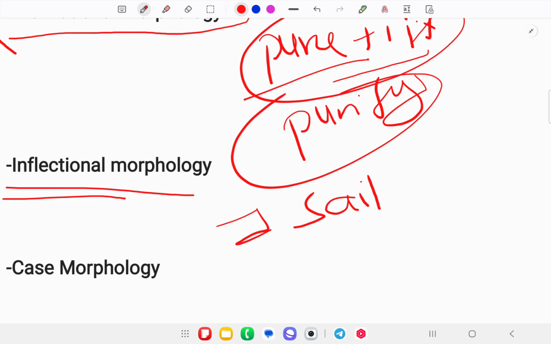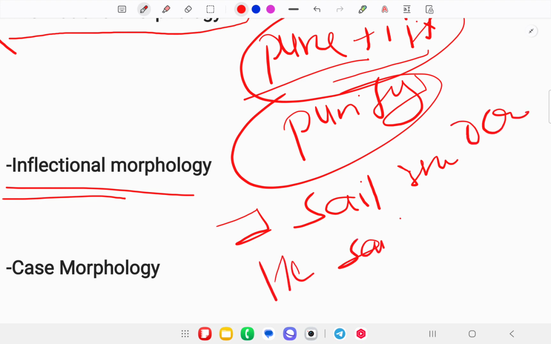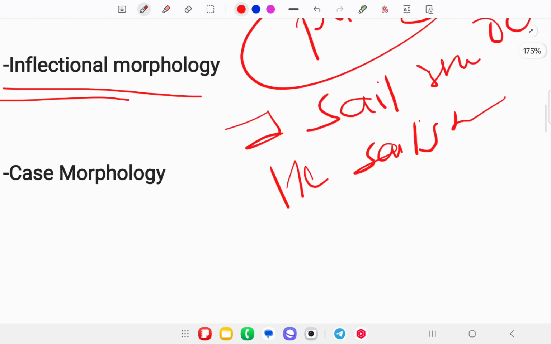I sell the ocean blue, and he sells the ocean blue. So we can find here that there is subject verb agreement. Okay. Here in inflectional morphology, we can find that in the second sentence, the s in sells is the third person